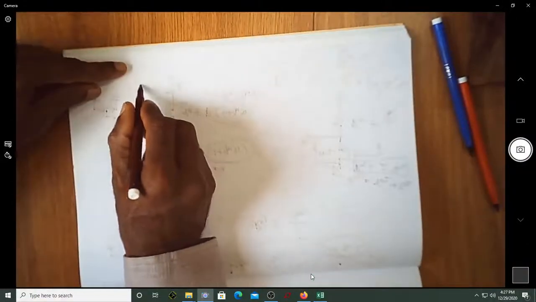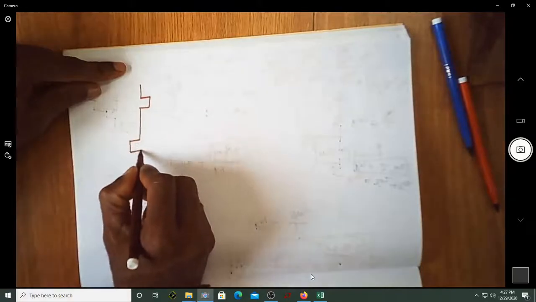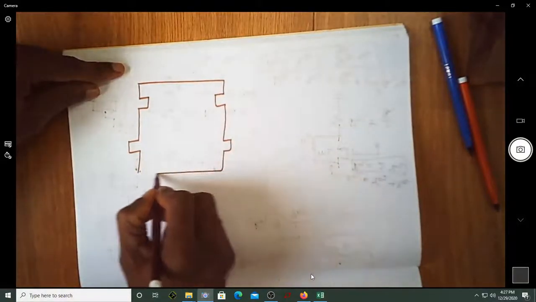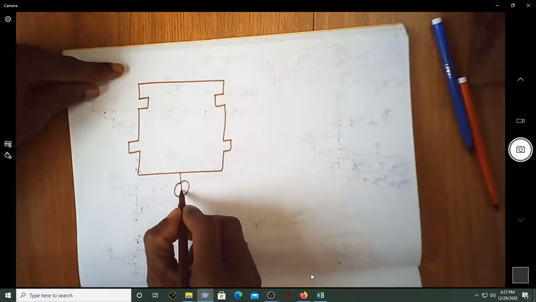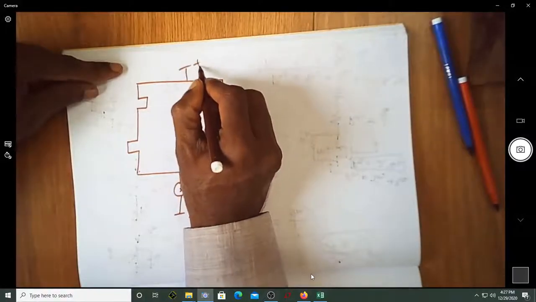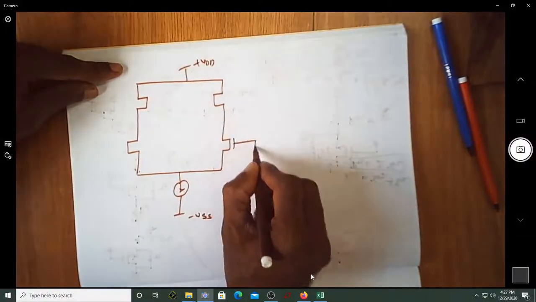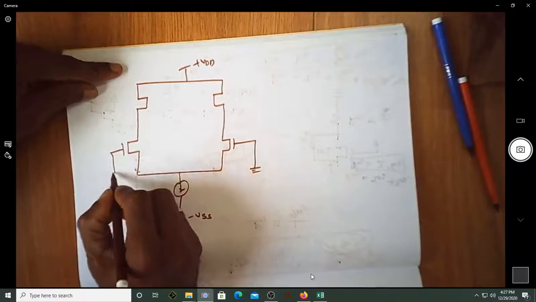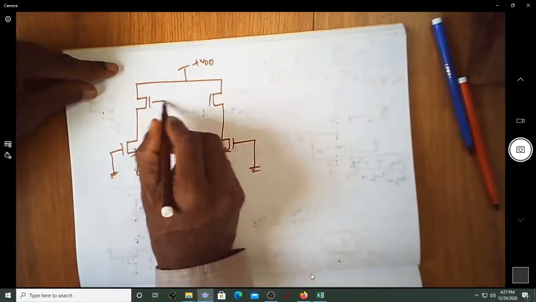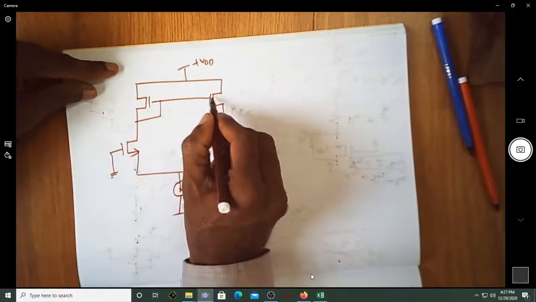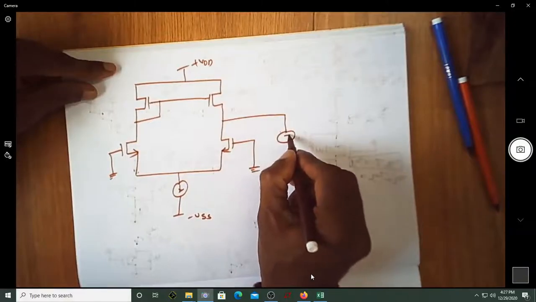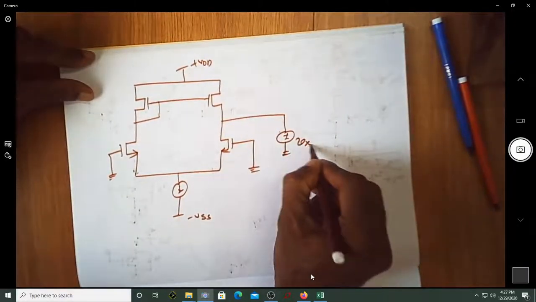So this is the circuit what I have now. This is minus VSS, this is plus VDD, so this is grounded, this is also grounded. NMOS, you have gates shorted. This is current mirror load, this is connected with dummy source Vx,